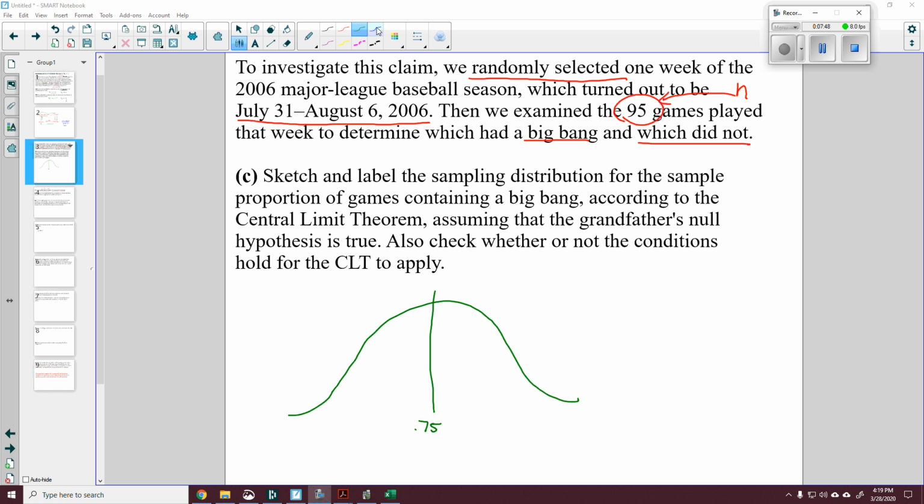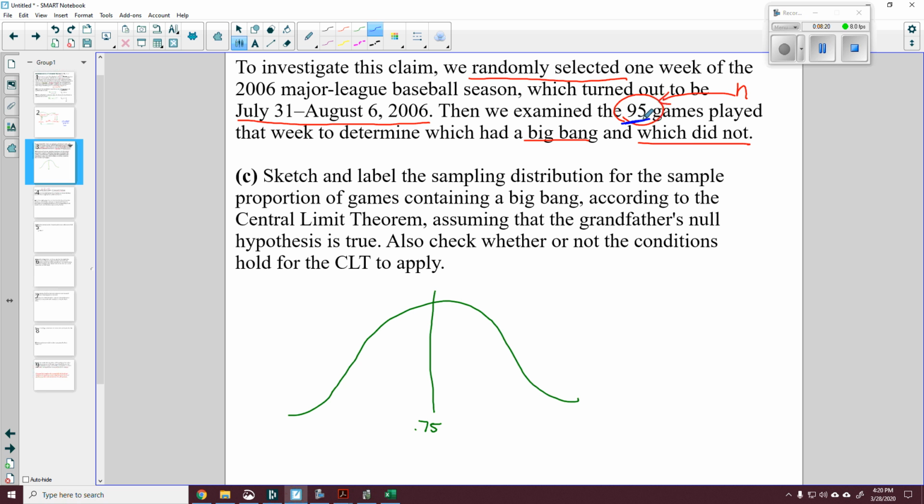So if Grandpa is correct, then the vast majority of our games, say in the real fat part here of this normal curve, the vast majority of our games are going to be right around 75% of them are going to have a big bang. Or put differently, I might say that if I go out and I sample a whole bunch